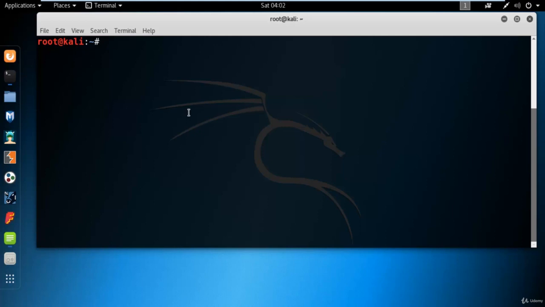Now it's fine. For example, my name is Sunil, S-U-N-I-L, and I want to create all the permutation combinations of my name. How can we do that? We can do this by using the crunch command. You can simply type crunch, space, the minimum characters.